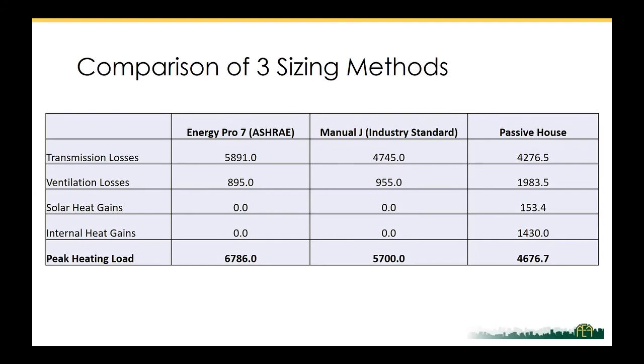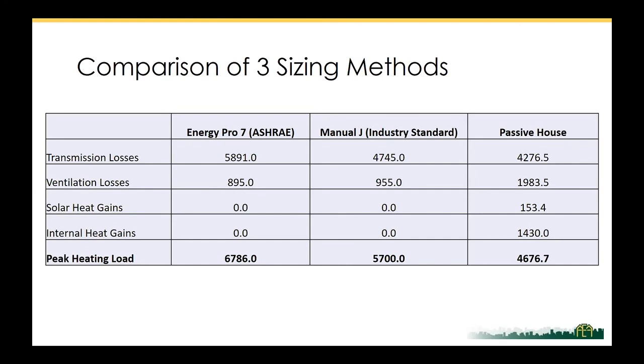Energy Pro 7 ASHRAE assumed 28, Manual J assumed 38, and Passive House was in the 40s. So that's probably why you see less transmission losses. Ventilation losses in Passive House are extremely higher. Energy Pro 7 and Manual J don't increase the air changes per hour, but Passive House does. They multiply it by 2.5 because they're assuming that on a cold day you're going to have the most wind. We're going to have high wind velocities, which is going to create a larger pressure differential between the indoor